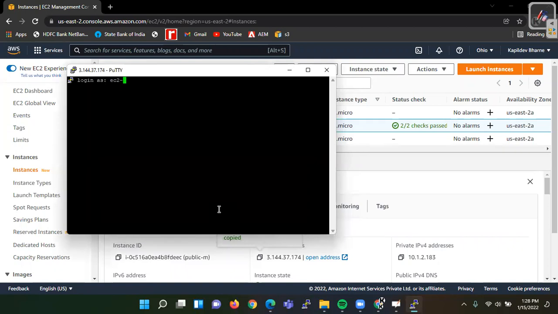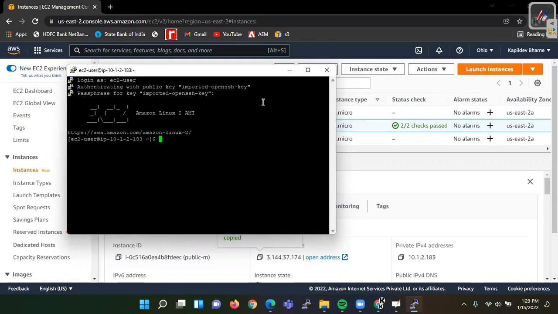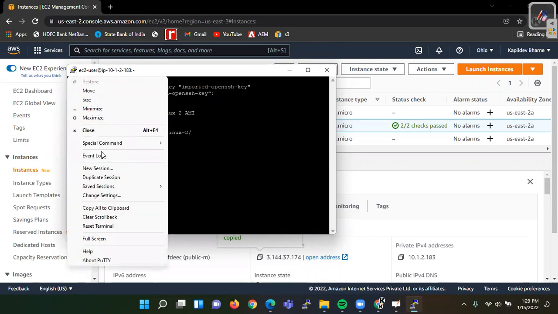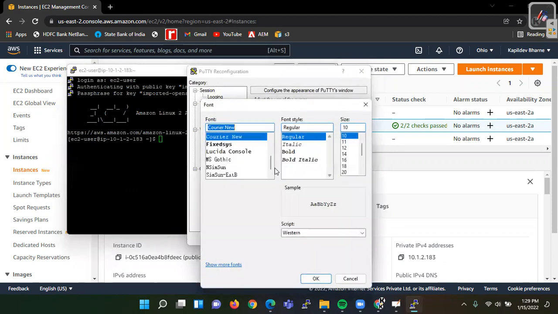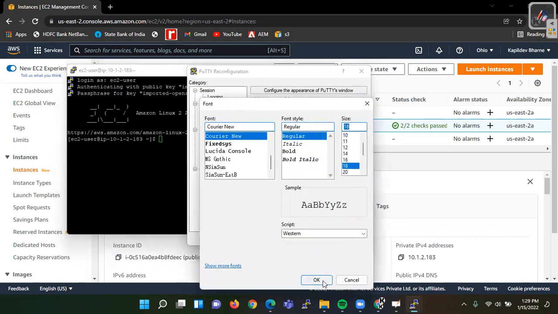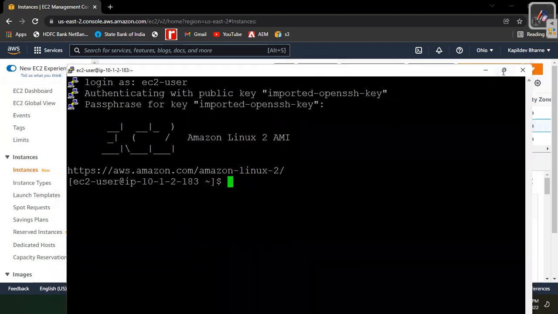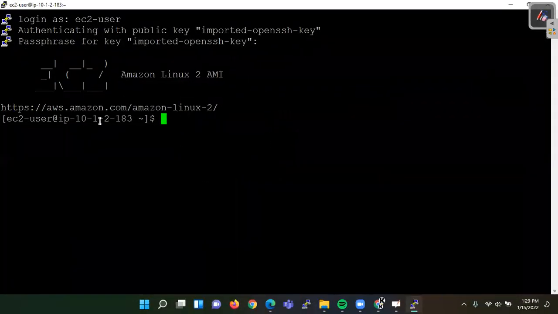We have ec2-user, and I have entered the passphrase key. Let me change the font of this. See, this is our first public server, in the Ohio region, in the public subnet.